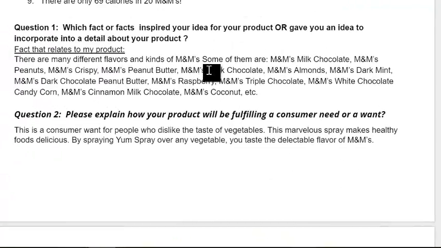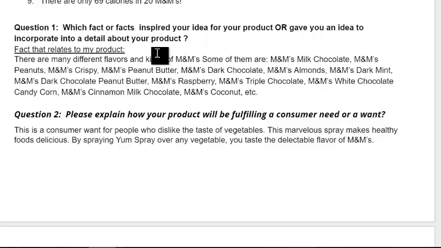The first question asks, what fact or facts inspired your idea? So if you got the idea from the facts directly, that's pretty straightforward in answering the question. If you came up with your product and the facts didn't really give you the idea, you came up with it on your own, what you then need to do is answer the second part of the question after the "or": gave you an idea to incorporate into your product.